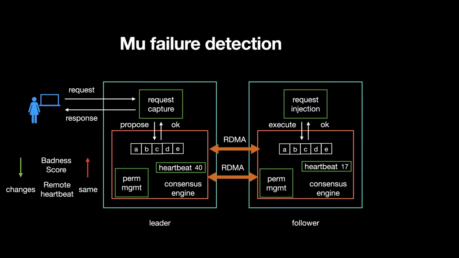Basically, if the heartbeat remains the same, it increments the score. However, if the heartbeat changes, according to a threshold, it is able to detect if the other server has failed. And since the protocol tolerates a multiple leader scenario, this failure detection system does not have to be perfect. It's not reliant on having a single leader at all times.